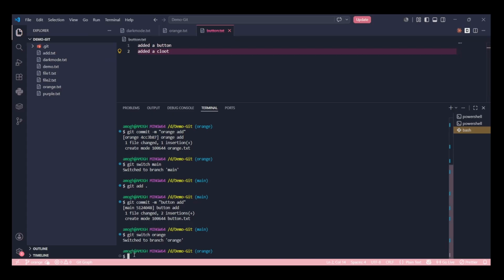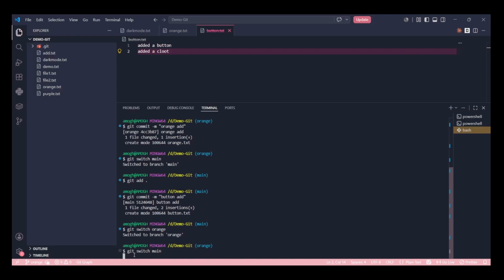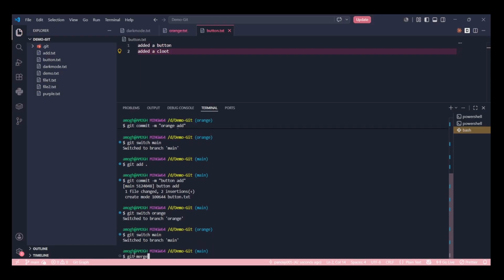Now I'll try to merge this. I'll try to merge my orange into my main branch. Okay, git merge. So first of all, I should go back to the main one, right? Git switch main, git merge orange.